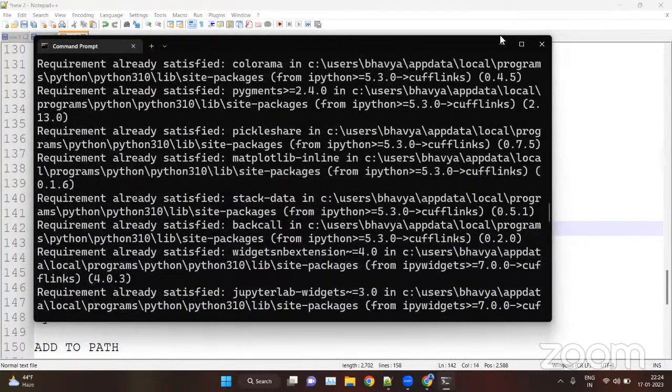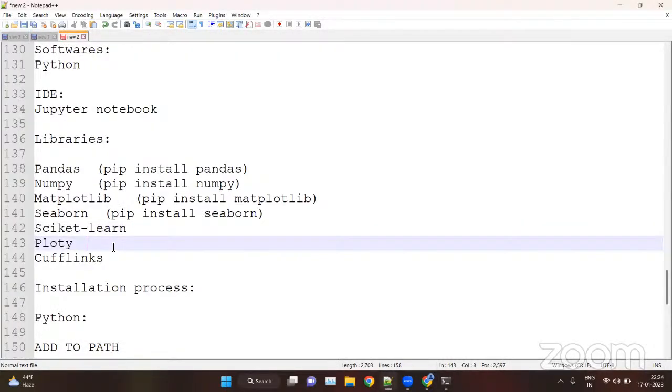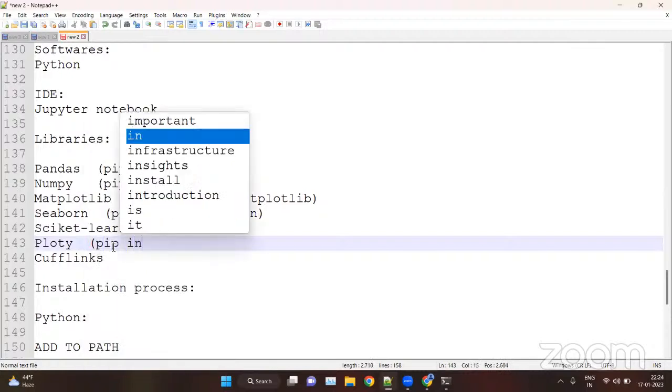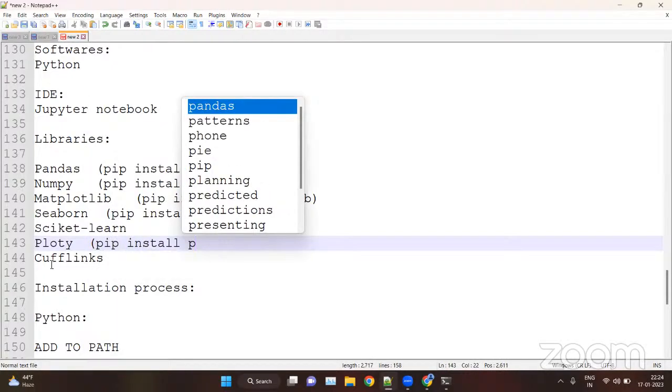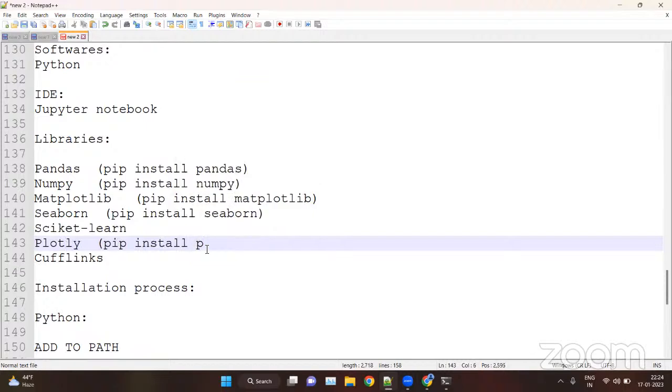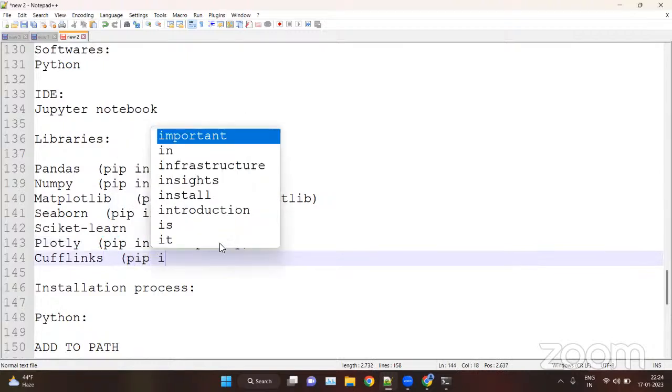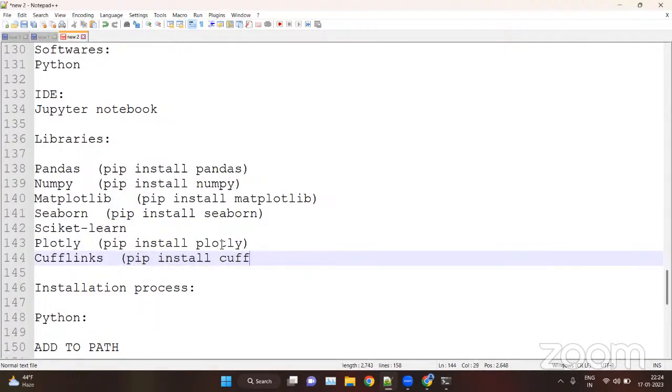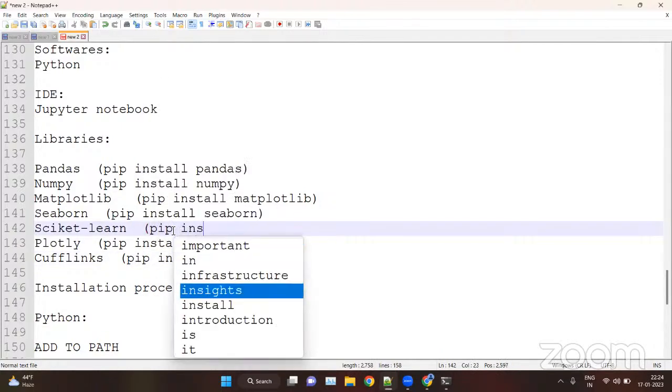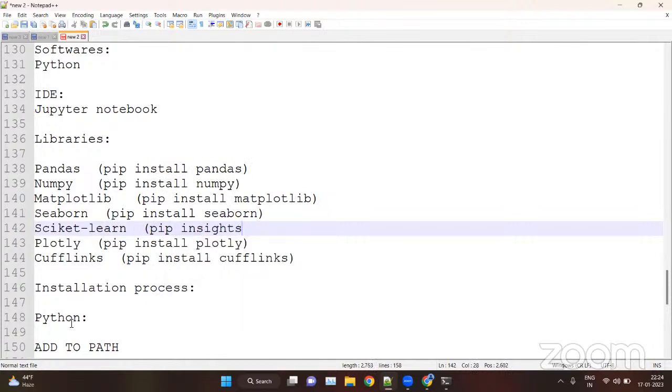Second, pip install cufflinks. Same with scikit-learn: pip install scikit-learn.